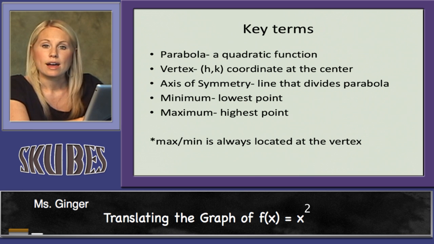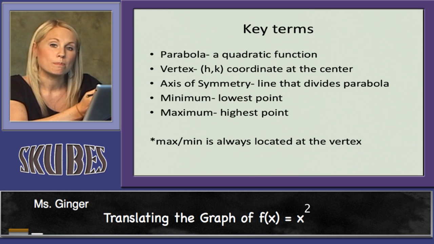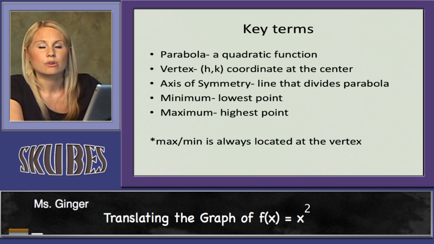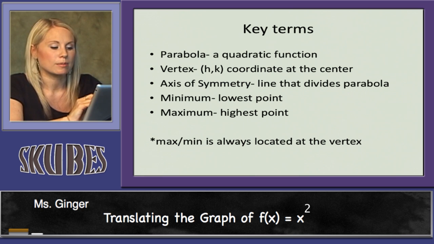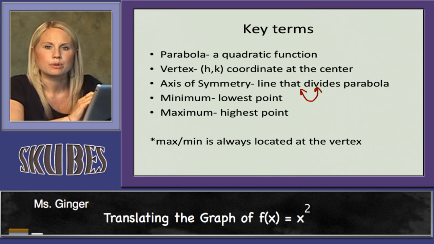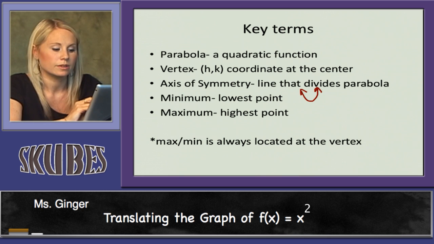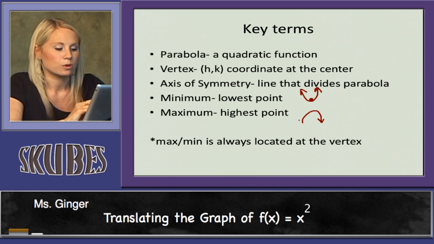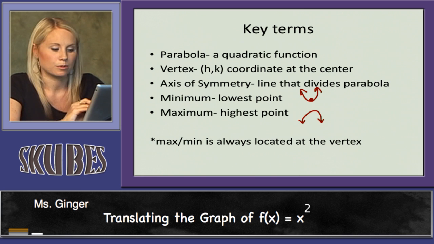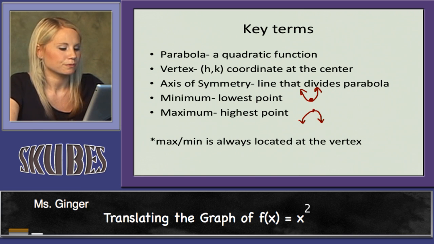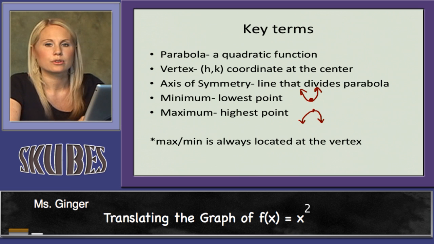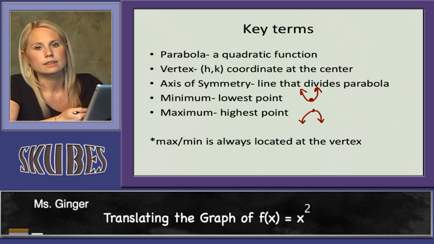And then quadratics also have minimums and maximums, or one or the other. Depends on how they're opening. If you see that a parabola is opening upward, it will continue on forever in both directions where the arrows are, but it will reach a minimum point. If it's opening upward, it will have a lowest point that you can identify called the minimum. And if you see that your parabola or quadratic is opening downward, it should have a maximum point somewhere on that graph. That'll be at the top of the graph, wherever it reaches its max height